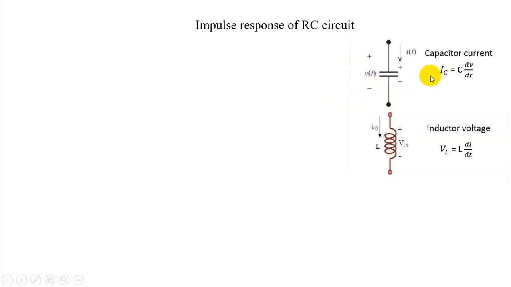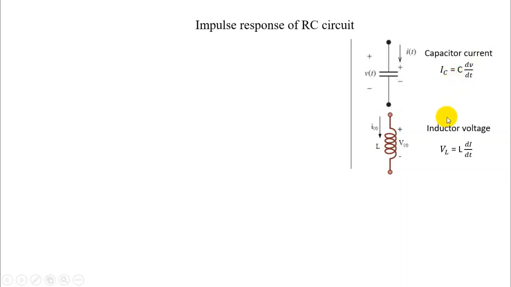So what is the law to determine the capacitor current? The capacitor current is nothing but C dV by dt. So the ratio of the change of voltage with the change of time determines the current